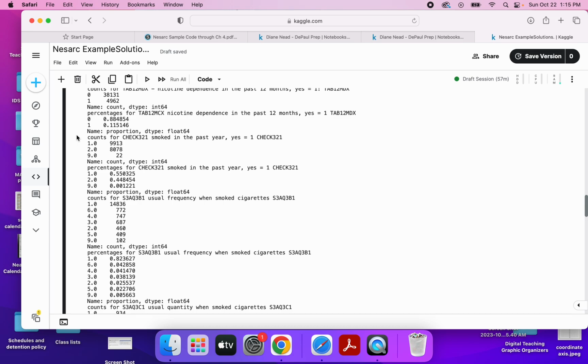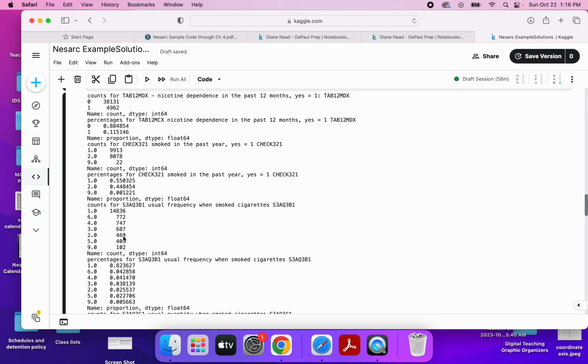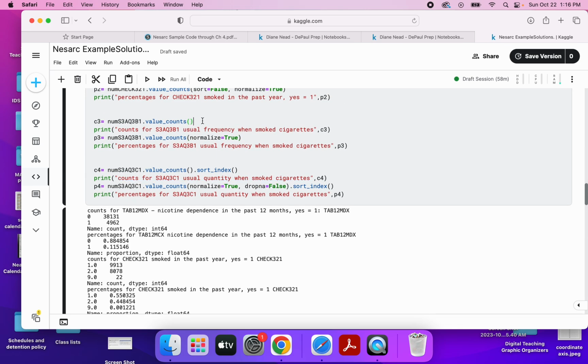Oh, I'm looking at the wrong one. Okay, here we go. So see what happened to our data. Instead of 1, 2, 3, 4, 5, 6, and 9, now it's 1, 6, 4, 3, 2, 5, 9. So it ranks my data by the number of responses, greatest to least. If I don't want that to happen,